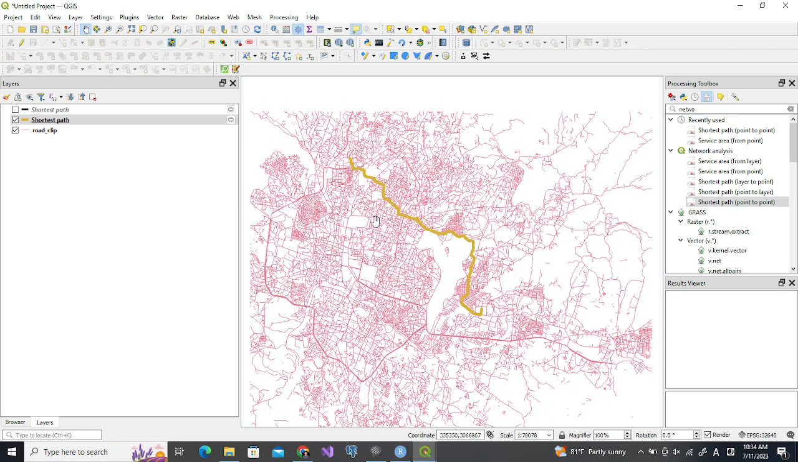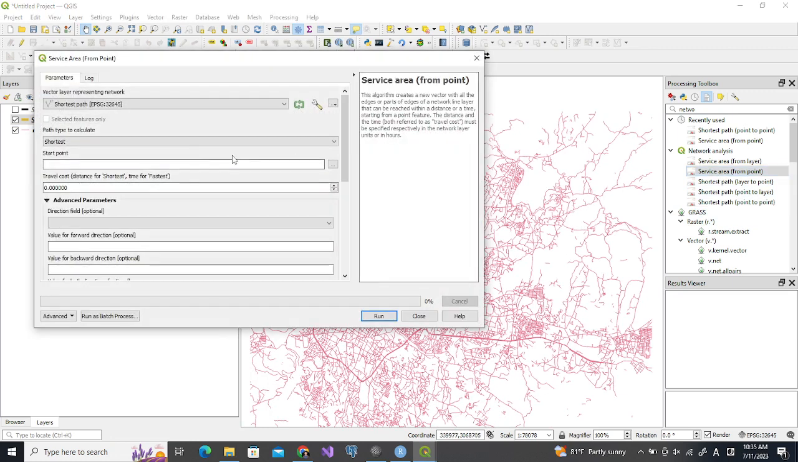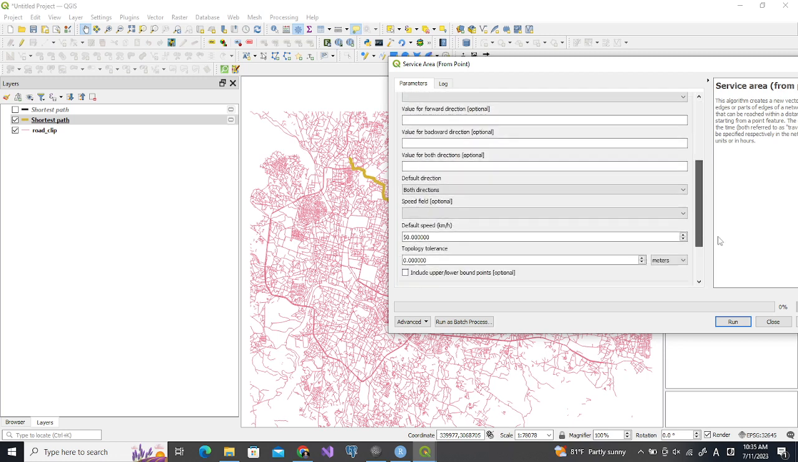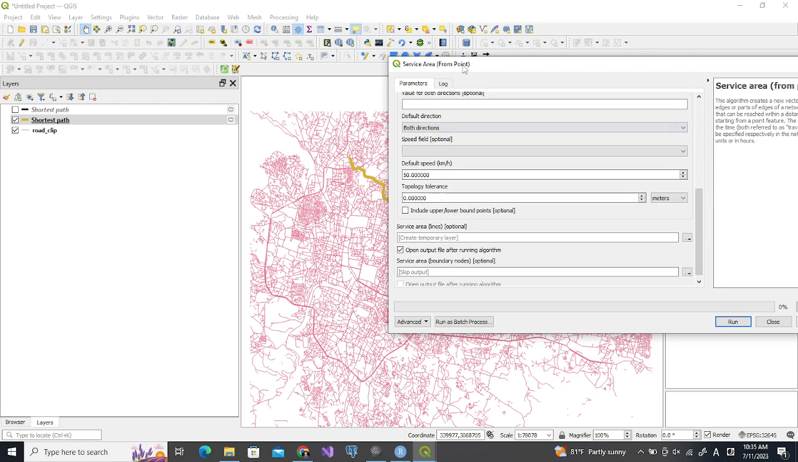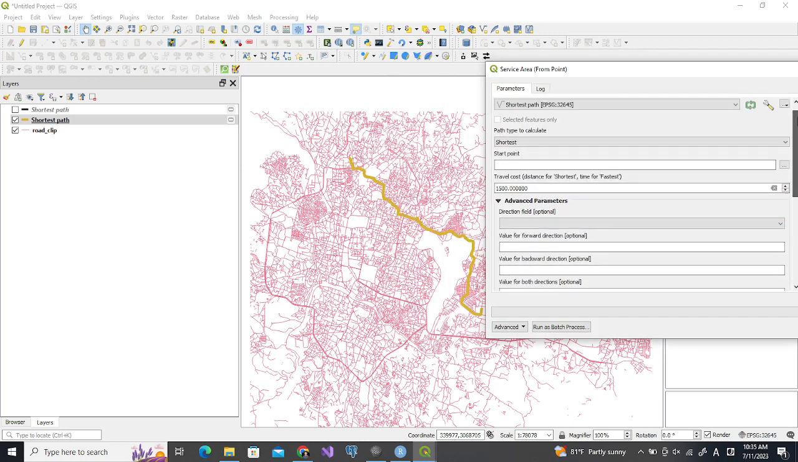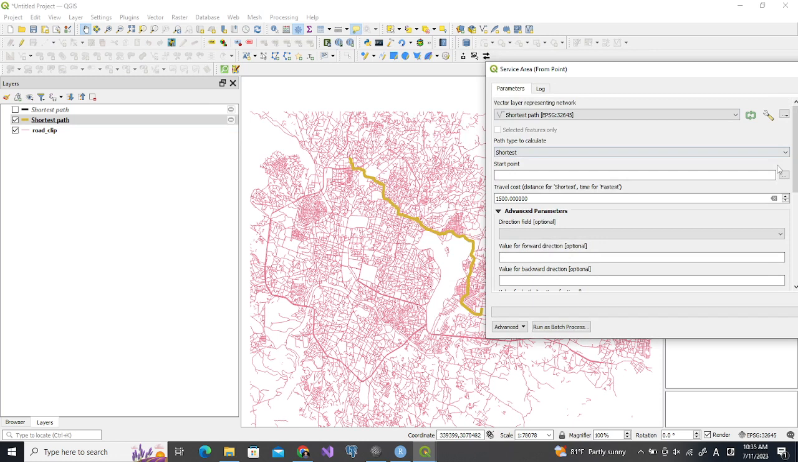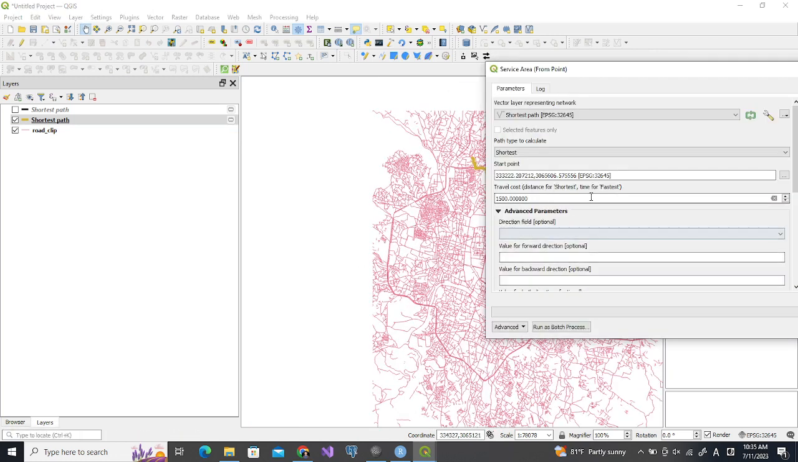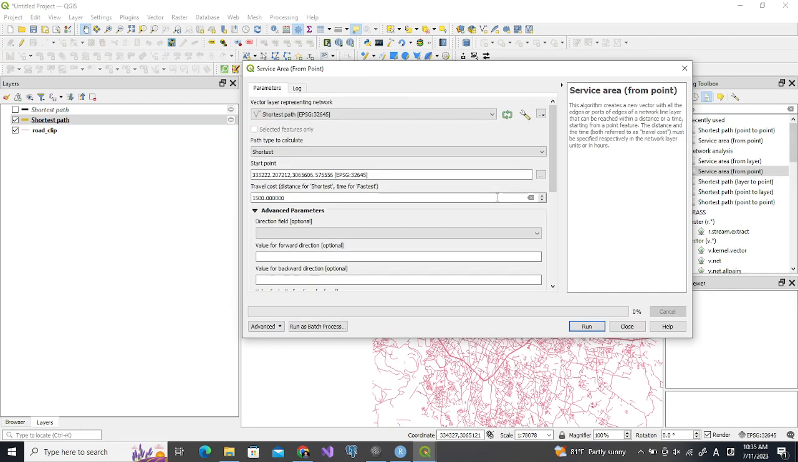Let us now find the service area from a point. Let us suppose that we travel 1.5 kilometers from a given point, and then find the area served by this point. Let us select the location of the point. For example, we put it somewhere, and now if we run this,